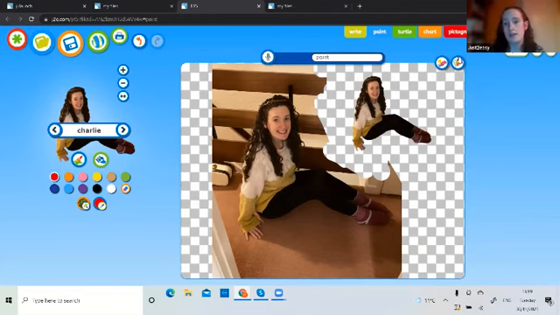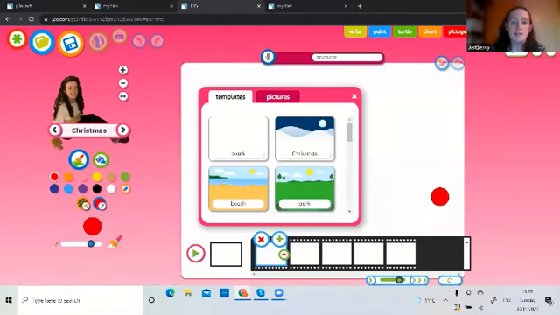So I'm going to move now to Jit Animate, which is the pink tab in my toolbar on the top right. And Jit Animate is our stop frame animation tool. It's a really, really lovely one. Children have a lot of fun using this. We can use it to create all sorts of different animations. In the World Around Us webinar that I did, I showed a snowy day animation that's really simple for children as young as foundation stage. Feel free to go back and have a look at that if you missed that one. But the one I'm going to look at today is going to be a little bit more complicated.